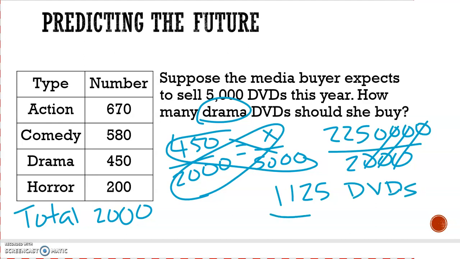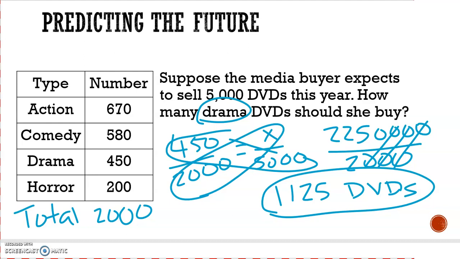Okay, so why is this important to be able to do this? So if you own a business, you want to be able to make the most amount of money possible. So this person who owns this store is going to look at, maybe this is the numbers from last year. So last year they sold 670 action movies. So this year, if they want to make more profits, they're like, okay, I think I'm going to sell about 5,000 this year. Movies are doing better. So how many action movies should I buy, or how many drama should I buy? So in this case, we'll talk about drama since it's on here. She wants to buy